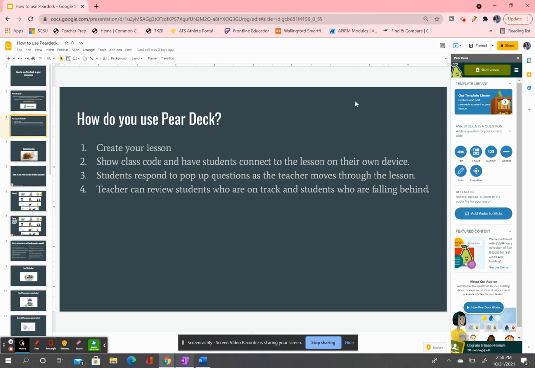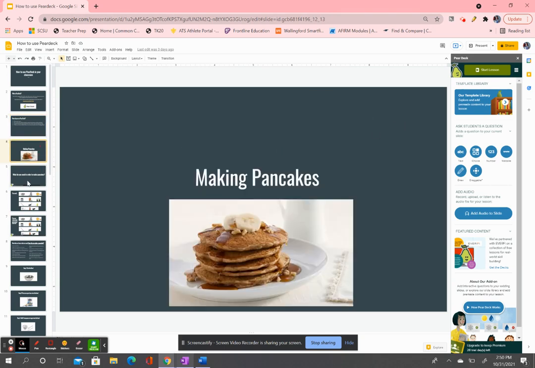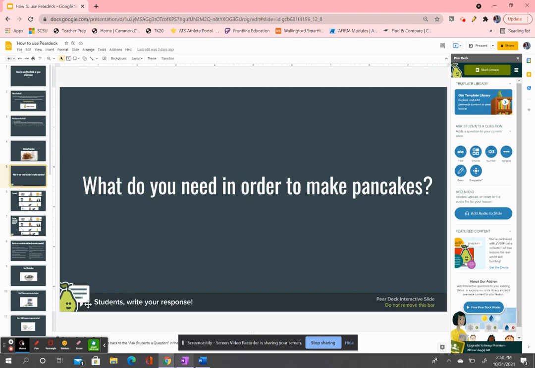So I'm going to show you how to start the lesson. So I have already interacted Pear Deck into my slides. As you see, students write your response, right? So when this little bar pops up, that means that I have put Pear Deck into this. So when this slide pops up, my student will be able to answer this question. So I'm going to show